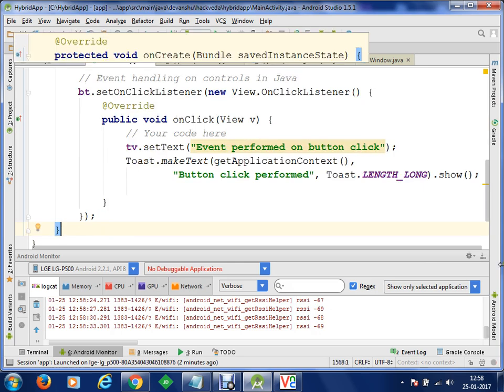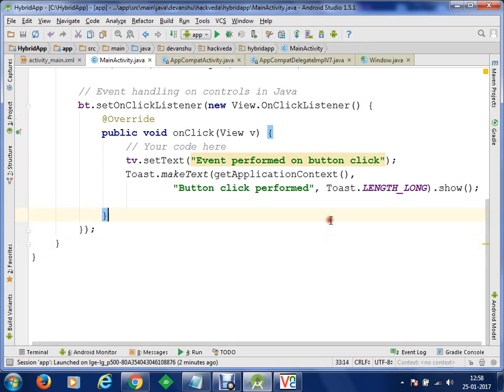The hybrid approach is the most used approach in Android. Whenever you will be designing Android applications, you will design your user interface in XML, then you are going to refer to the controls in Java, and then you will be performing your logical code in Java. Is that clear?